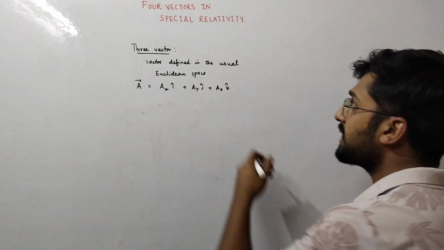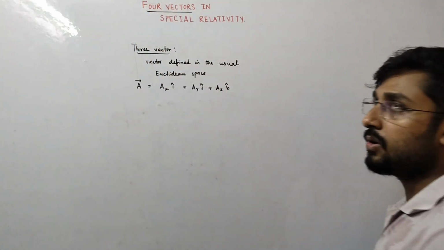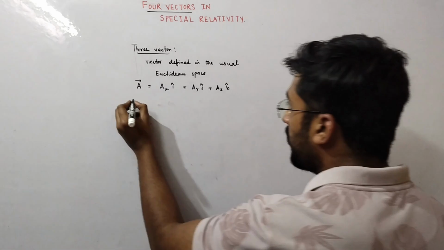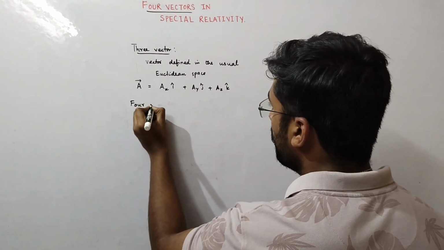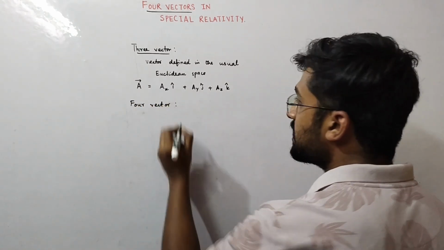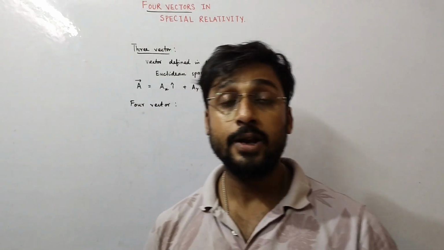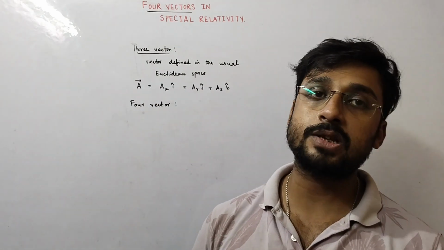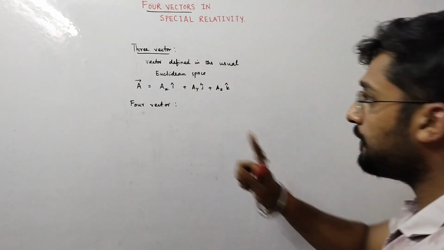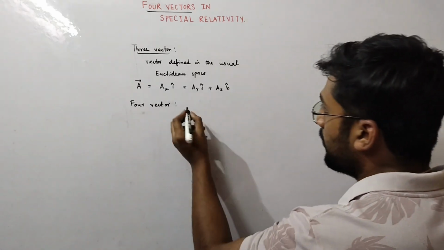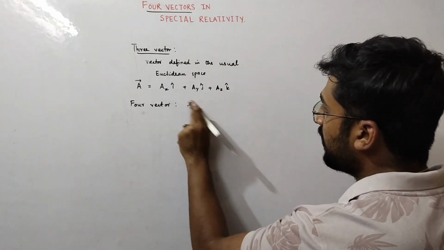In a similar context, we'll now talk about something called the four vector. Now what is a four vector? A four vector is a quantity, or you can say a vector, which is defined in a four-dimensional space-time continuum. Now the only difference that you can notice over here is that a four vector is a vector